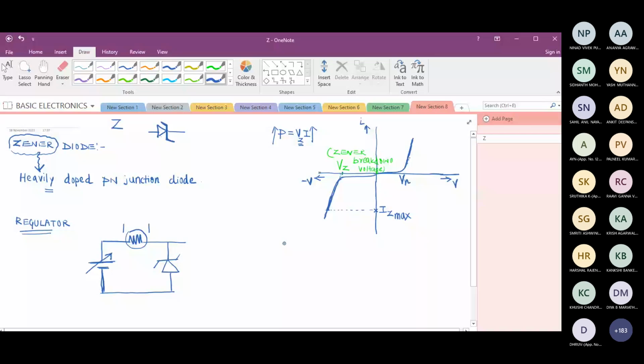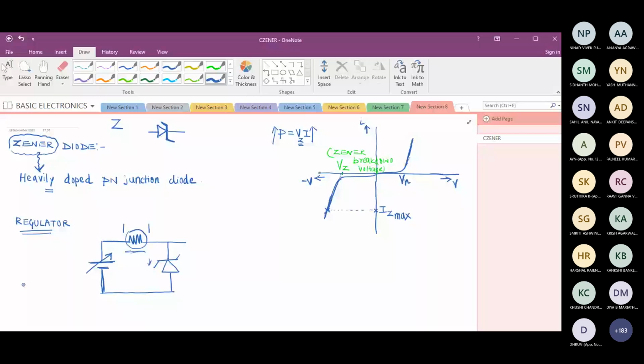So when the diode conducts, who is protecting the diode in this circuit? The resistor. This will limit the current in the circuit. I will design the circuit in such a way that IZ will never cross IZ max in this circuit. So you understand the beauty of connecting a resistor between a diode and a battery. One is you get a drop. Second is you limit the current that flows through a diode.